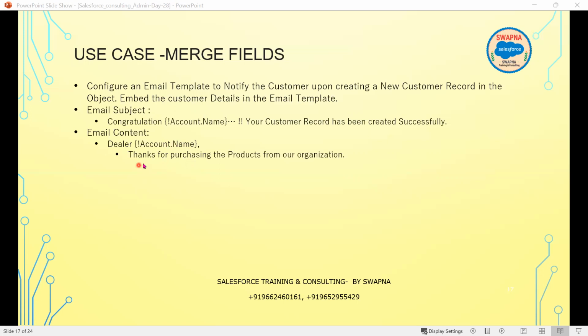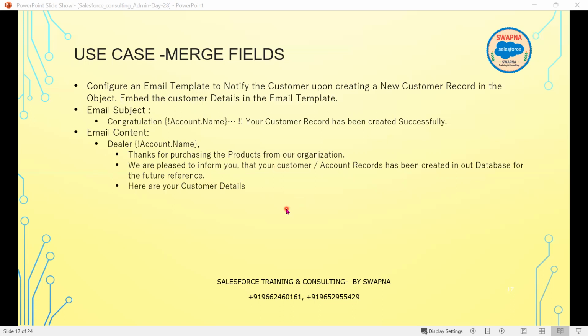Then I can specify: thank you for purchasing the product from our organization. We are pleased to inform you that your customer or account record has been created in our database. For future reference, here are the customer details. In case you want to place certain information about the record that is created inside Salesforce, you can give it. See, this is the customer ID, this is the customer name, and this is the annual revenue